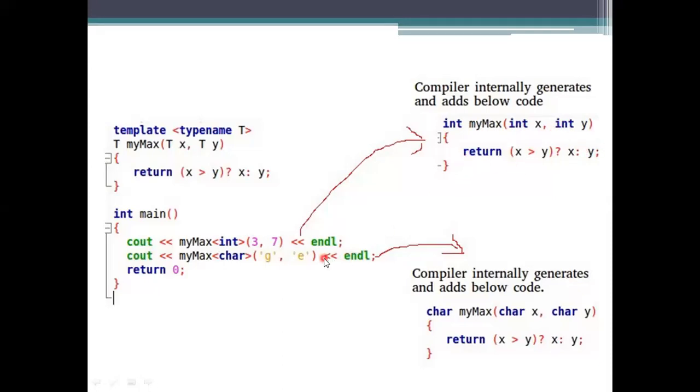If you go to the second line, which is for the char, at the point of compiling it takes the code for the characters, not for the integers or others. So at compiling, it is internally generating this code, and likewise for the other one.